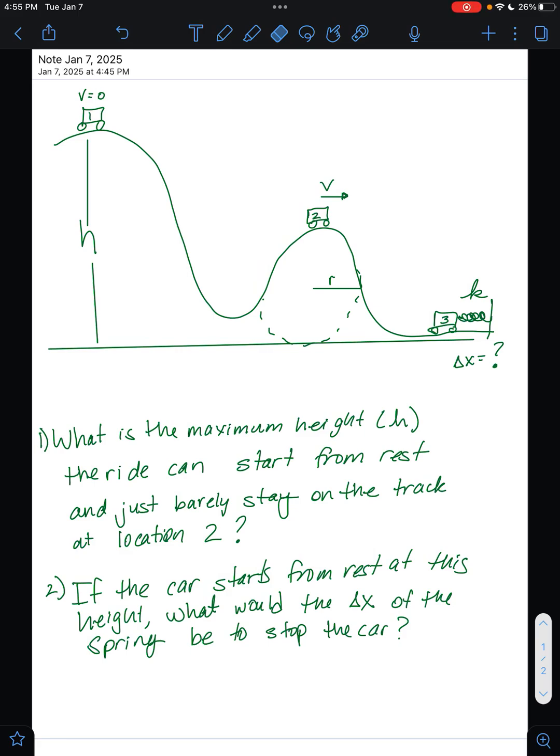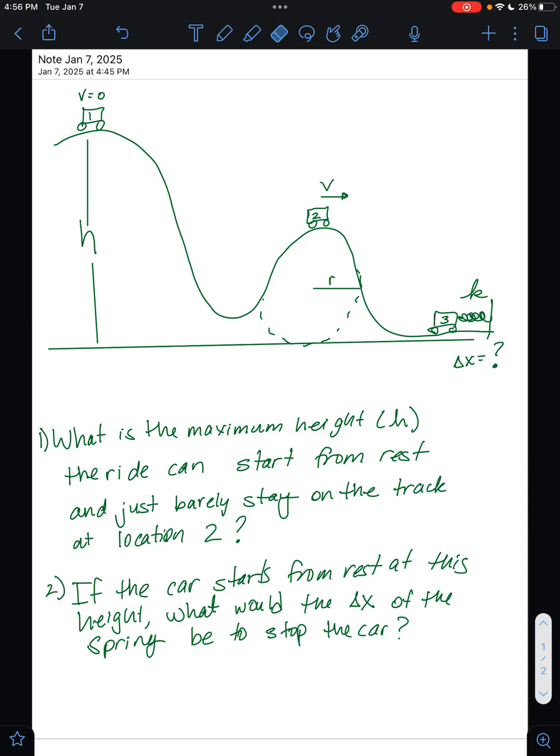Hello, we are going to go over today how to work on combination problems that have energy involved. When we are given a problem that looks big and daunting, we should read through the problem and start to identify what topics are happening. We should draw pictures of the object at the different locations, and then we should start trying to use our tools to solve. So this problem says, number one, what is the maximum height h the ride can start from